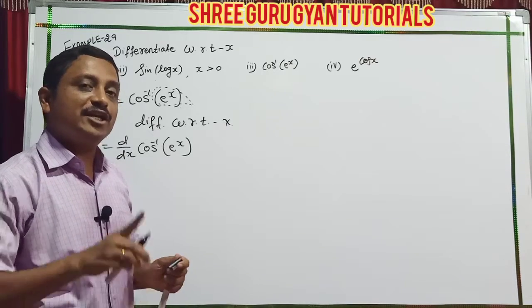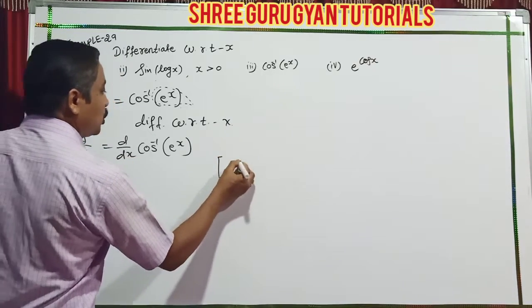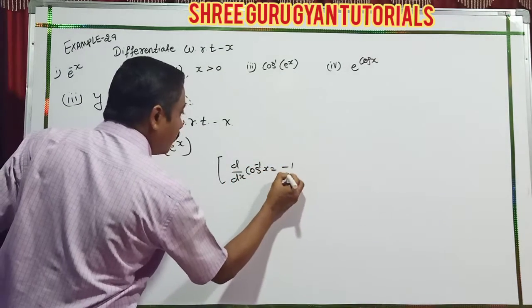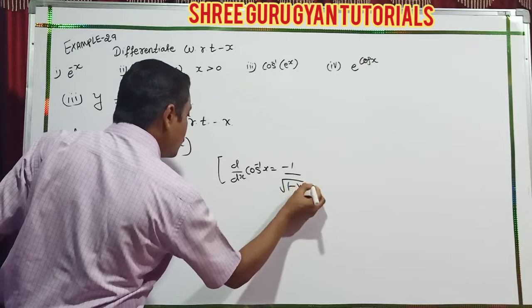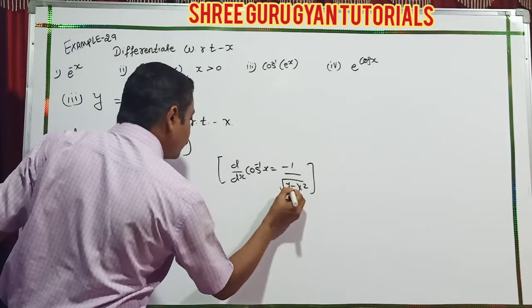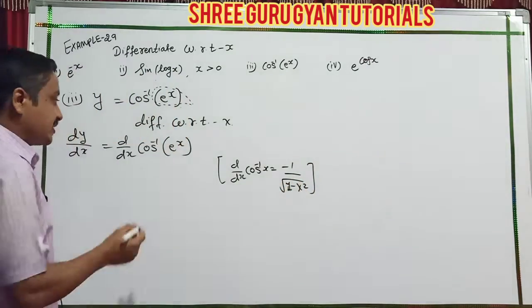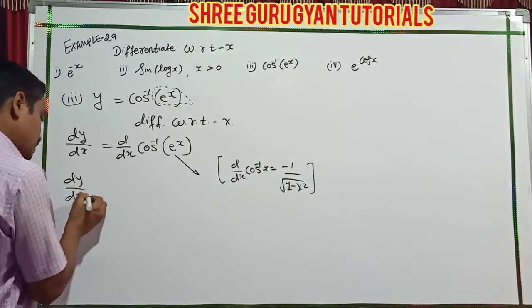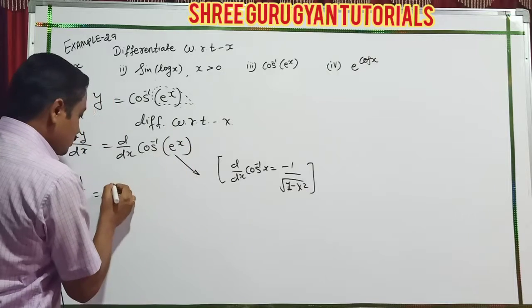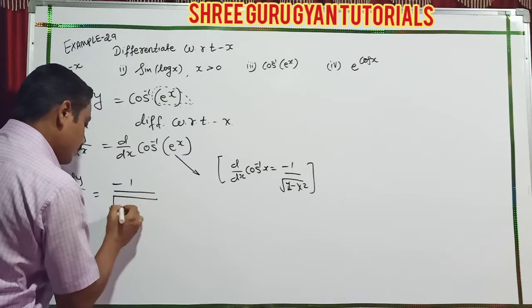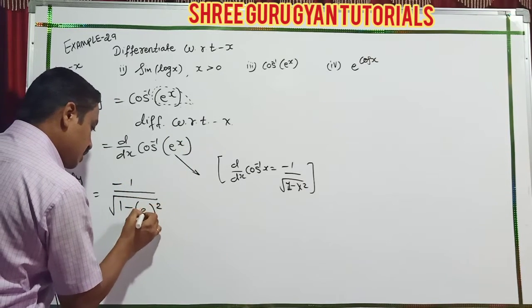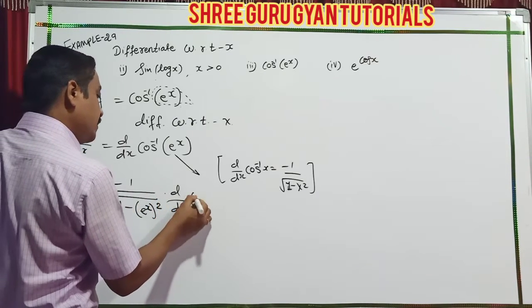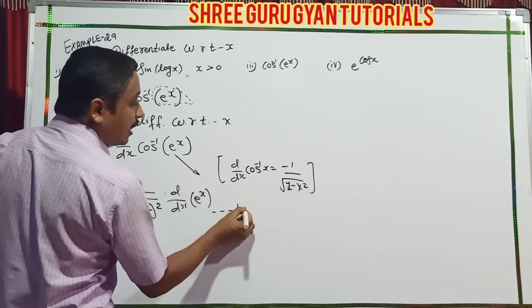So first of all, the e raised to x derivative, students. You know that d/dx of cos inverse x only and only is minus 1 by under root 1 minus x square. Correct, no? Yes, same application here. Just apply it to dy/dx. Consider it as x. So minus 1 by under root 1 minus x square. Here e raised to x same, and the derivative pending is of e raised to x